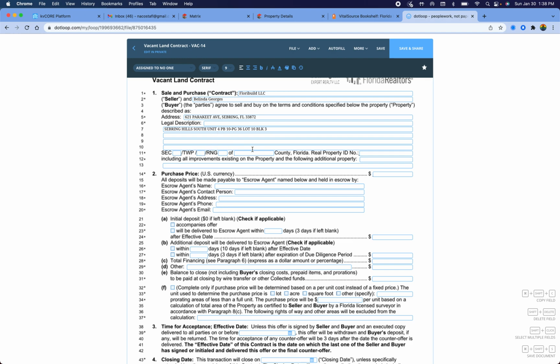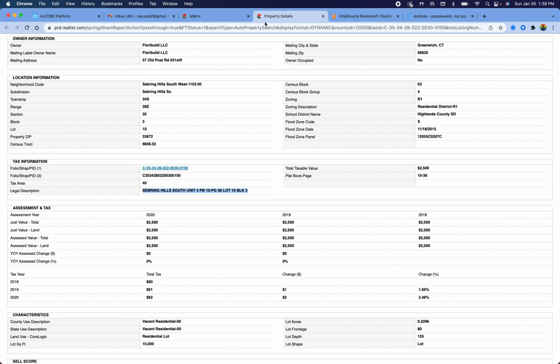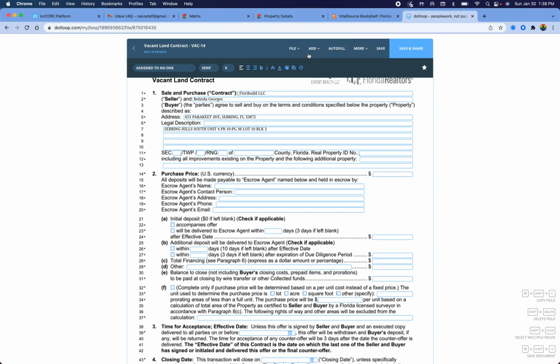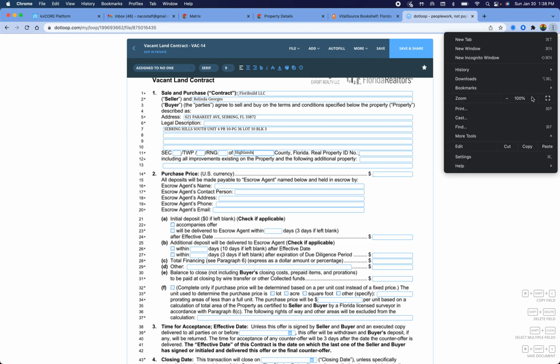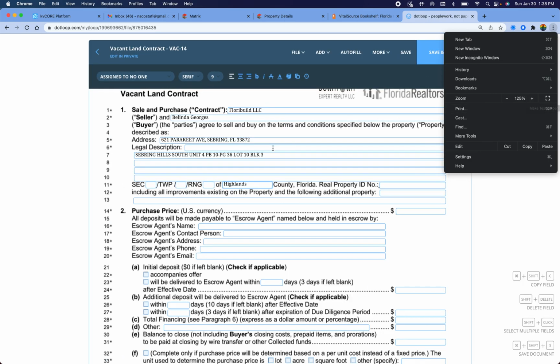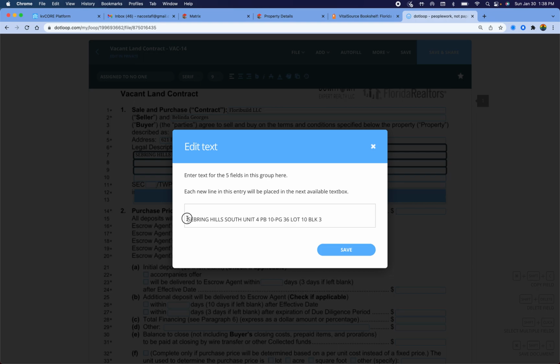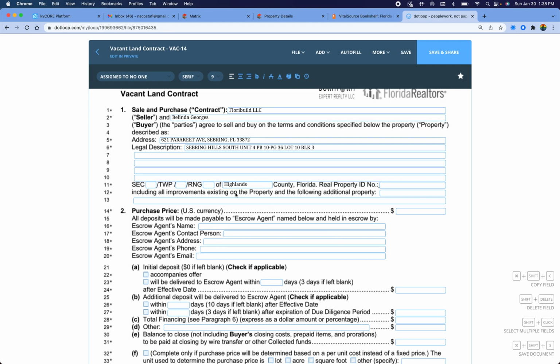I believe this was Highlands County, right? Yep, Highlands County. We're going to put in the county right here, Highlands County. Actually, let me just change this, so it'll be easier to read on your screen as well. So let me just. All right. So we got that. Get out of this edit text. Sorry, for some reason, I wanted to do that weird thing. All right. We'll go back here